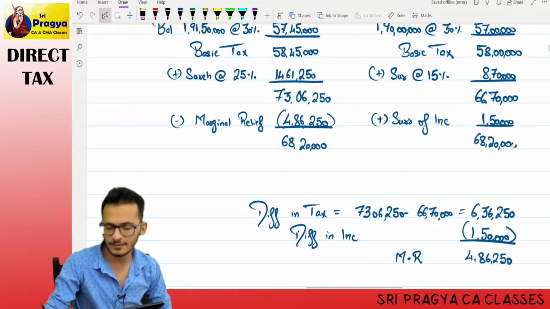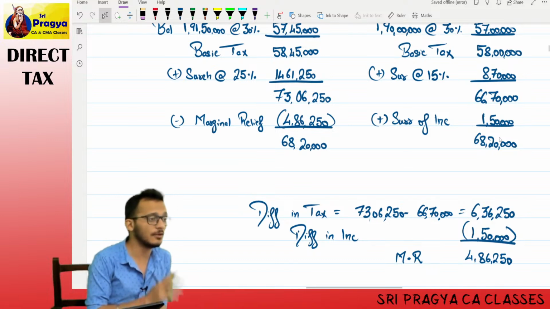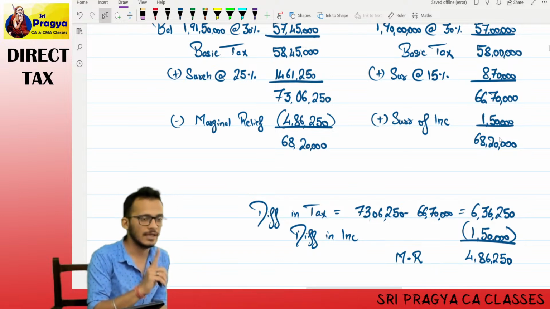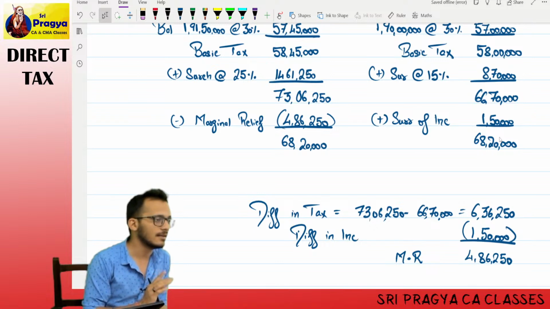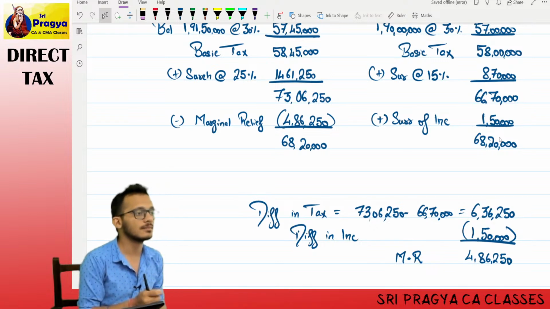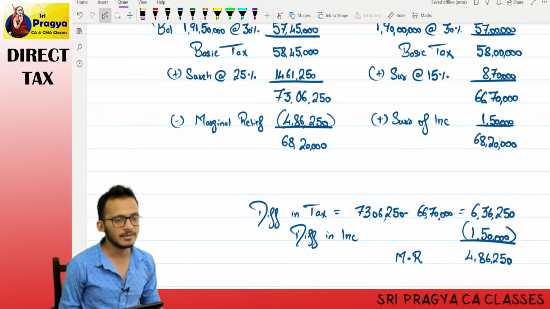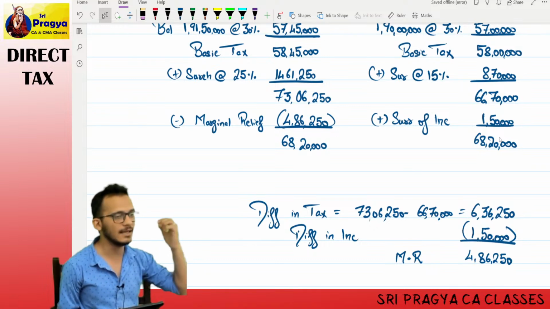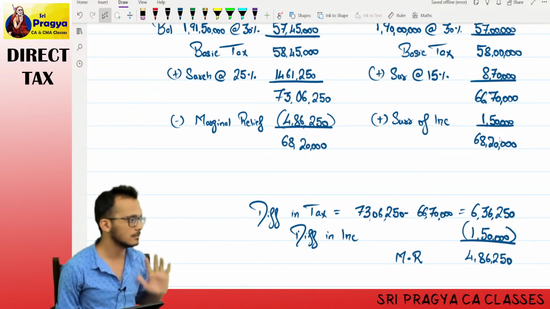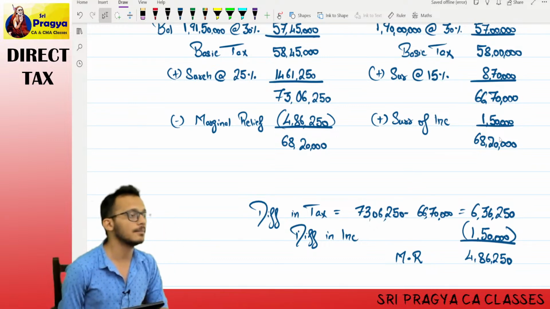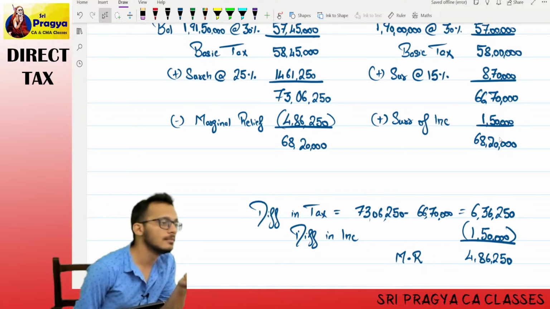Is there any difference? Rahul, in exam, do you have to do both the sides? No. Any one side. But good to do both sides for verification. You will be able to know if there is a mistake. Which side is a mistake? You will find out. If the number is not tallying, it means it is wrong. Clear, not clear?